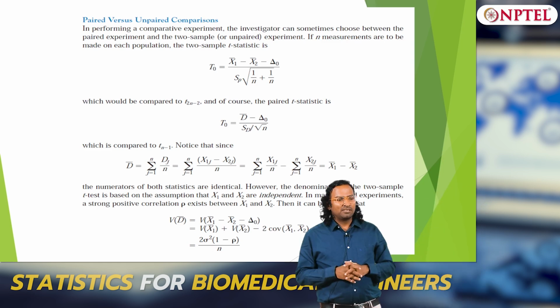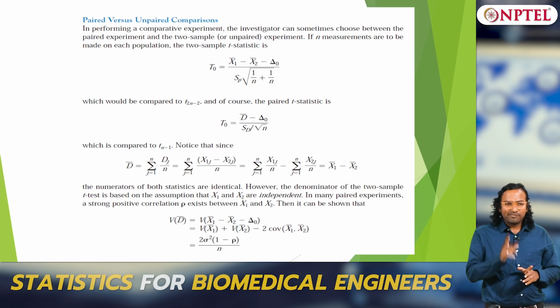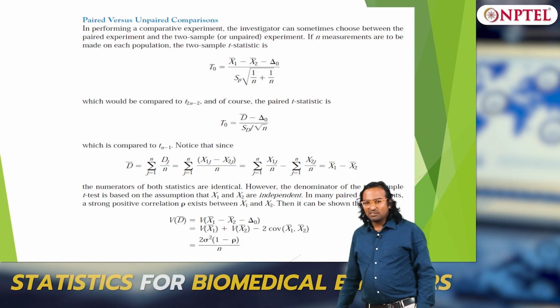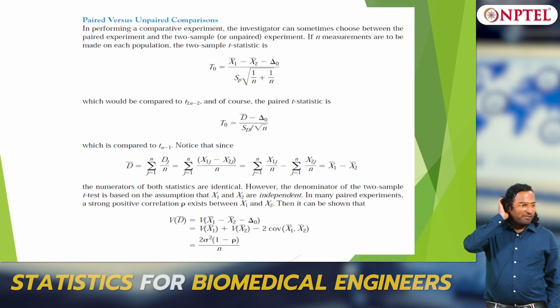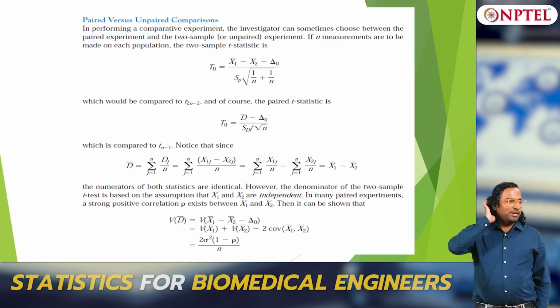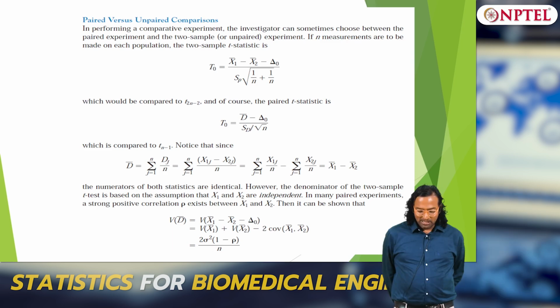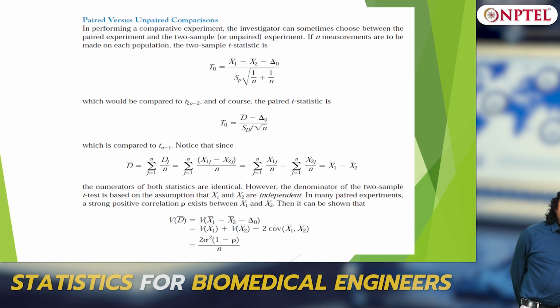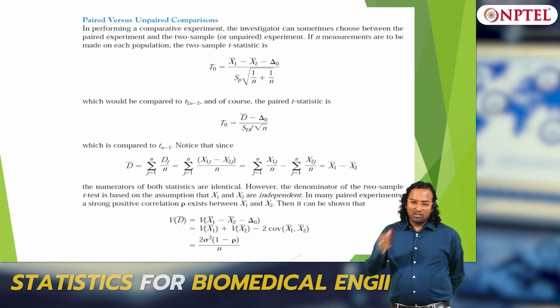There are two issues at least. What are the issues? The way in which experiments have to be conducted is itself fixed in a paired t-test. What do I mean by that? Every sample has to go through the test using the two different sensors or two different materials, whatever we want to. So each sample has to be exposed to two types, or whatever types you want to call it. The degrees of freedom is going to be significantly reduced if you do a paired t-test compared to an unpaired t-test. Okay. So that is one big drawback.